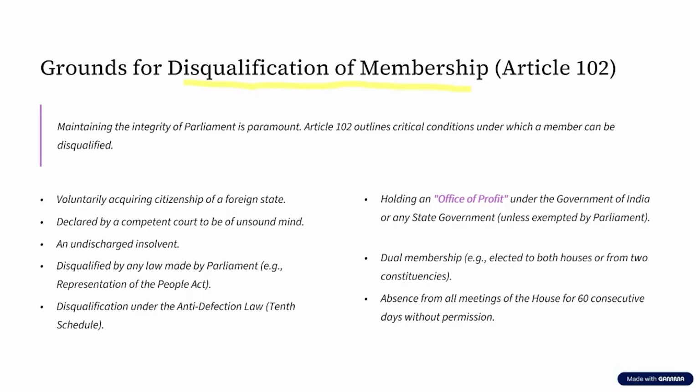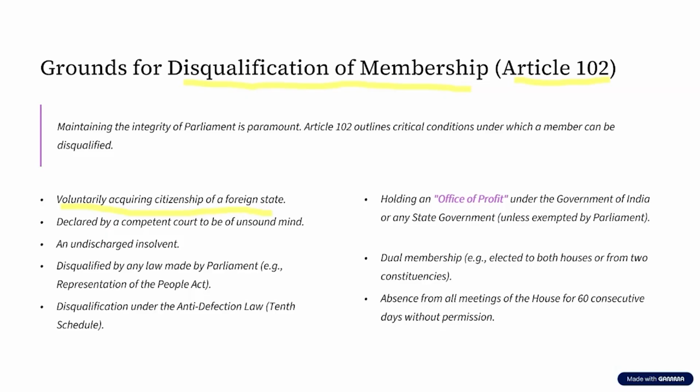Now, where is this mentioned? This is mentioned in Article 102 of the Constitution of India. Now, what does this Article 102 speak about the disqualification? Number one, if an MP voluntarily acquires the citizenship of a foreign state. For example, let us assume there is a person X who was a citizen of India, and he got